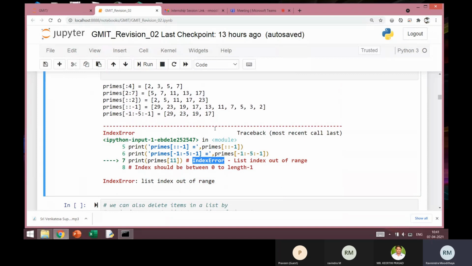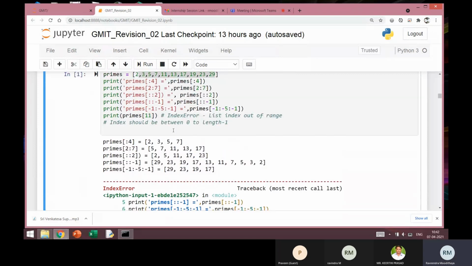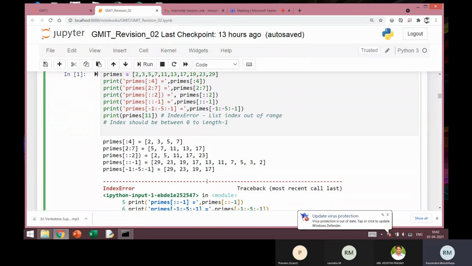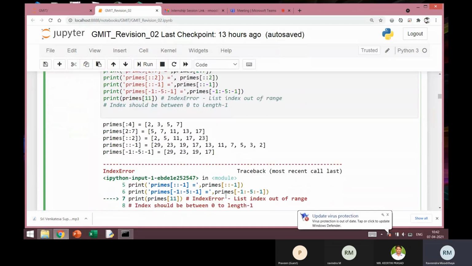If the index that you have mentioned is not valid, or if such an element is not present in the list, it will result in an index error. So naturally you should be cautious on giving these numbers, and should not end up giving some number which does not exist in the given list. So this is a small note on the different mechanisms by which we can do the slicing operation on the list. We have seen the similar operation with strings, so you can just take some random example and do this practice.